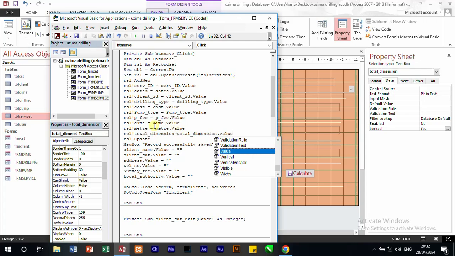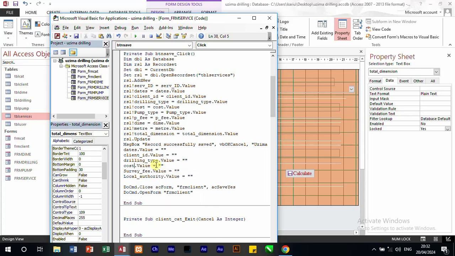So once you do that, you can come here and create these dates, then client ID, and the reason we said why you are closing this one is that when it loads, it will have no values. When the form loads, it will have no values. ID, training type, then you have cost